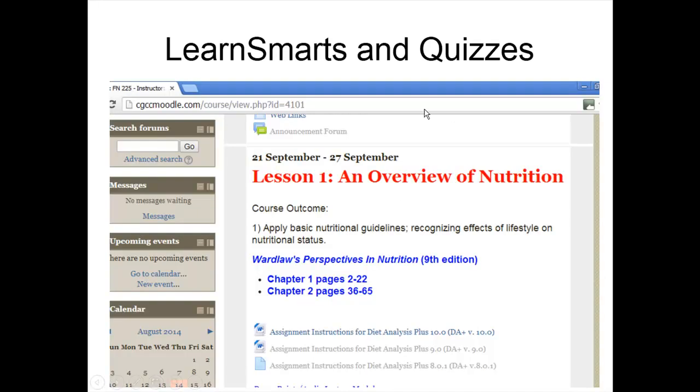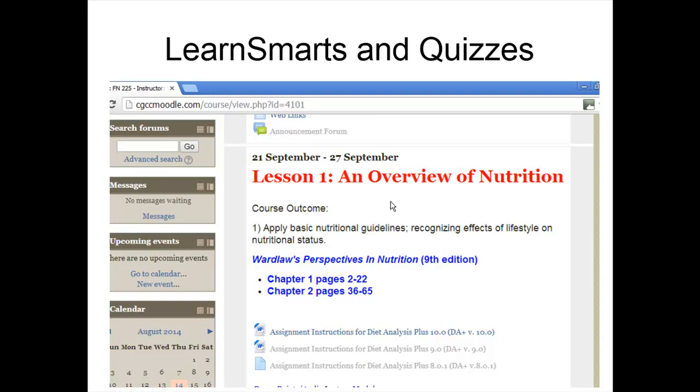So what you're going to be doing, you should have registered for Connect. I sent you a pre-class instructional sheet on how to register for Connect. So you should be in there. If you have not registered, you will be able to, and I'll show you how you do that after you get your access into Moodle. So what we're going to do first is look at how you access the quizzes and LearnSmarts in the